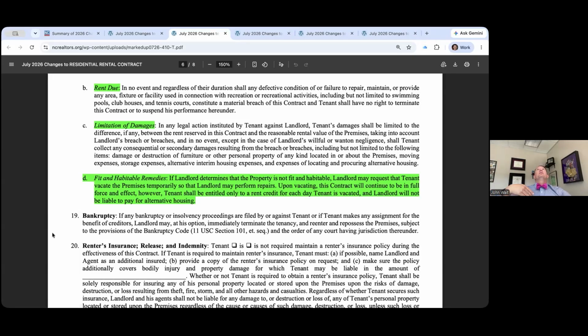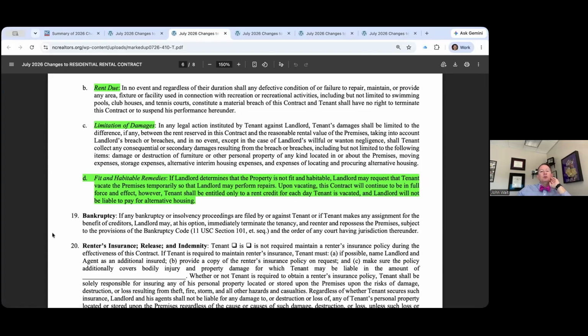because if the landlord delays too much in trying to get the repair done, then I think the tenant could make some other claims about how the purpose of the lease is being frustrated and things like that. They could try to get out of the lease entirely if the landlord takes too long to make a repair. But some of these damage repairs where the house is not fit and habitable are significant and take a long time. So this makes clear that the landlord can give a credit, but no, the landlord does not